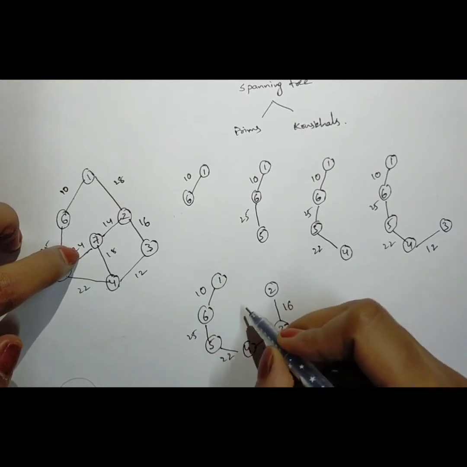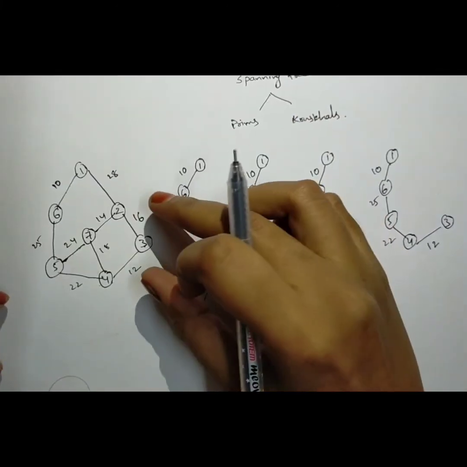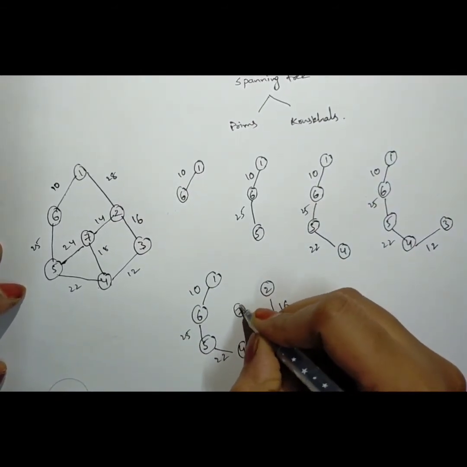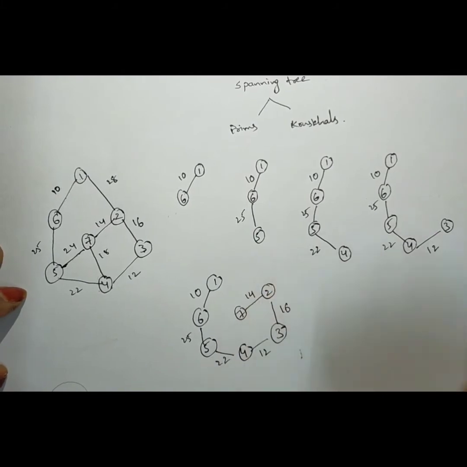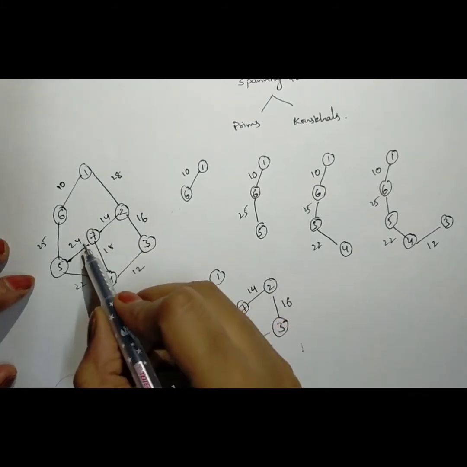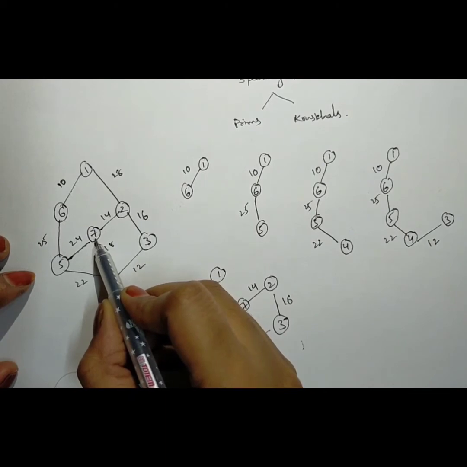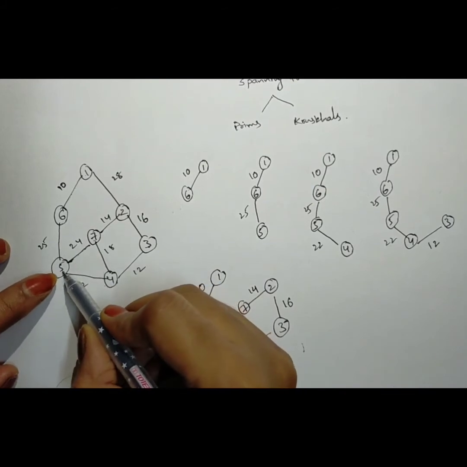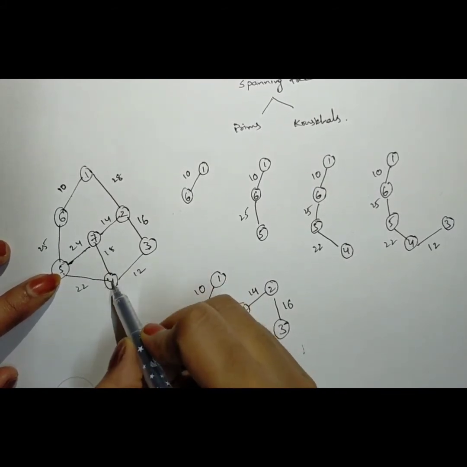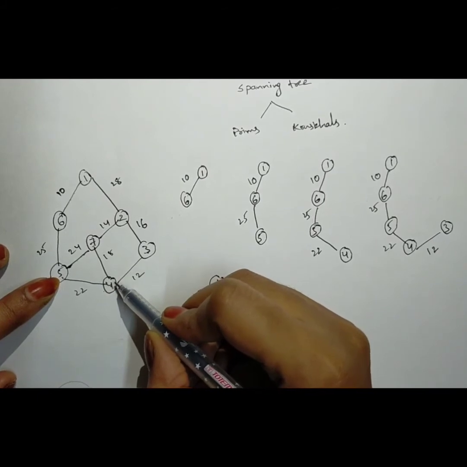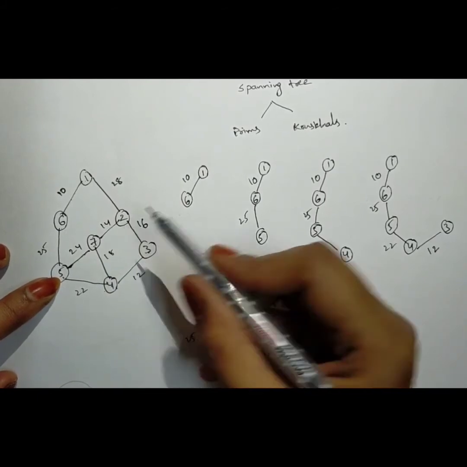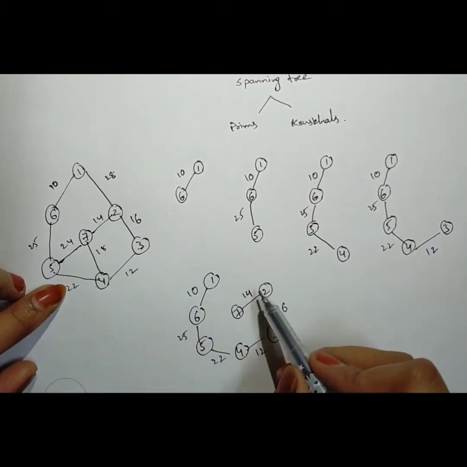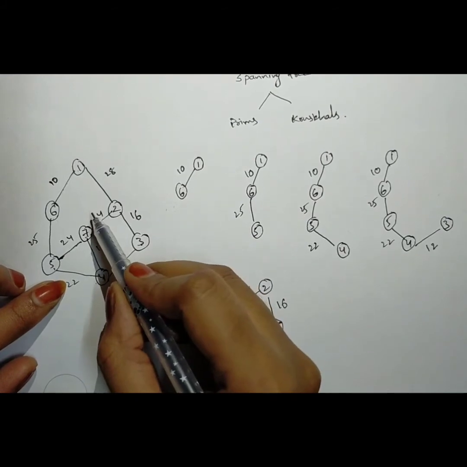Okay, see, from these 2 edges we are supposed to choose the minimum edge, so I am choosing 2 to 7. Cost is 14. From vertex 7 also we are supposed to consider their adjacency nodes, that is from vertex 7 to 5 there is an edge, 7 to 4 there is also an edge, and 7 to 2 there is also an edge. Minimum of these 3 edges is 14. 7 to 2 we have already drawn the connection, so we are not considering that edge.